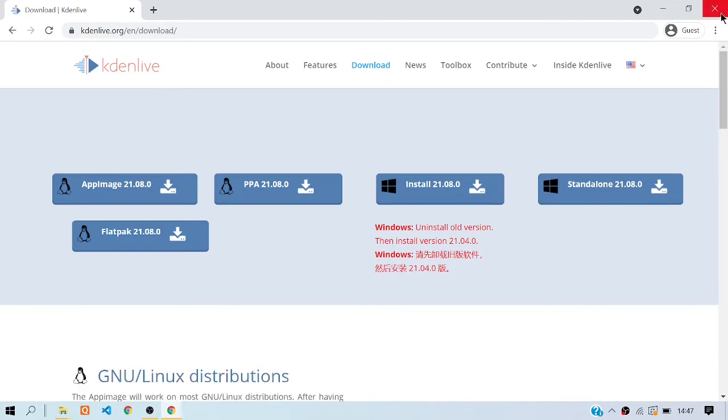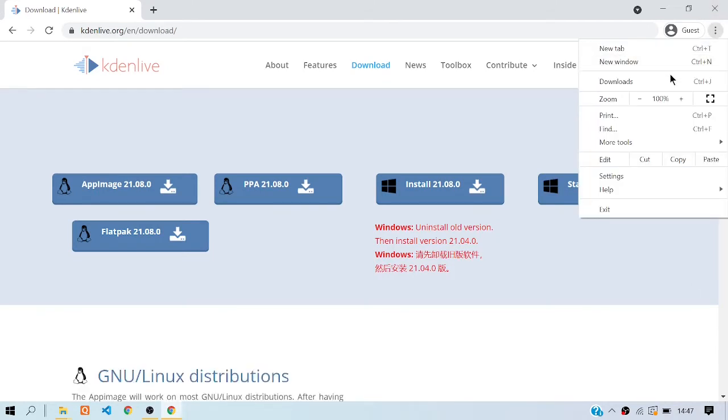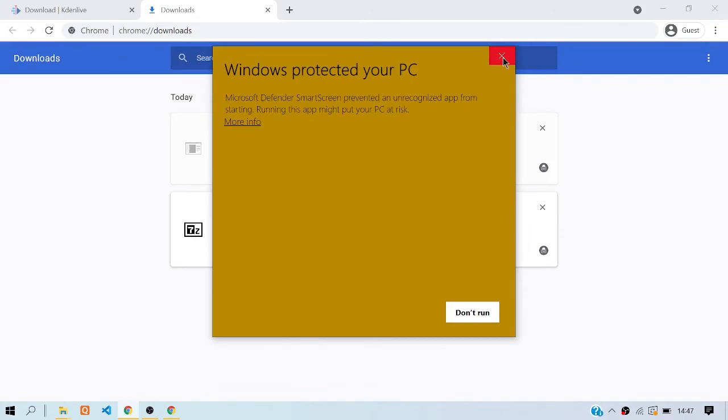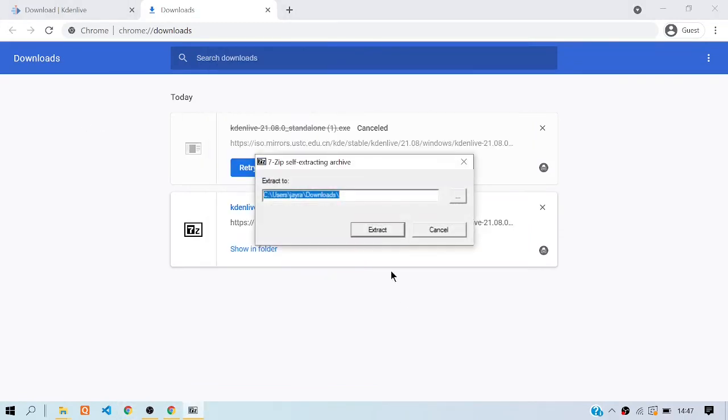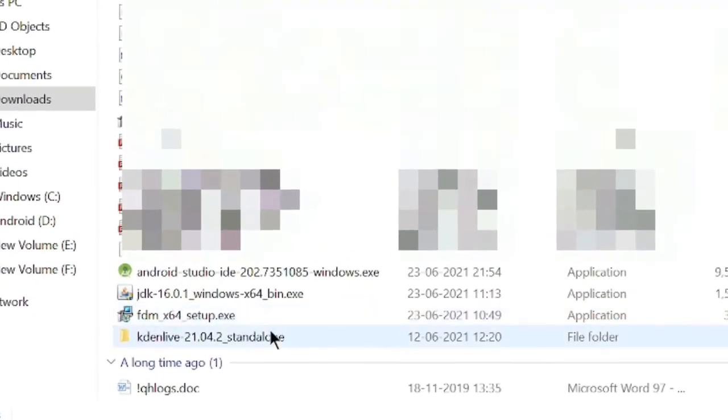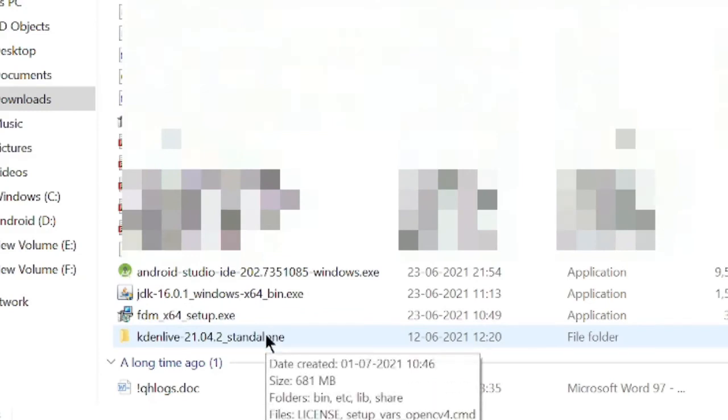So now I will show you. Now once you download it, you will get it over here. So now this is a 7-zip file. So once you open it, just let us click on more info and run anyway, and just you have to extract it. Okay, after you have downloaded, you will receive a file or a folder like this wherever you have